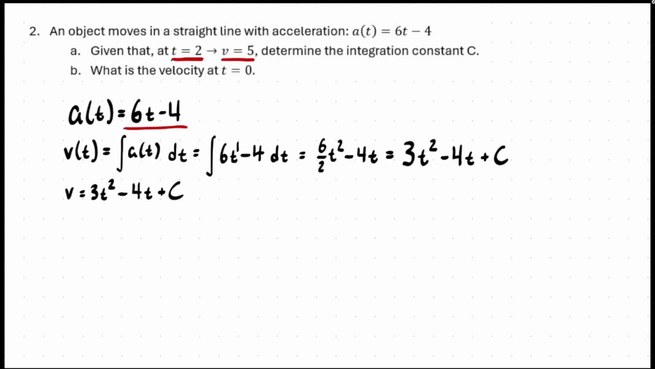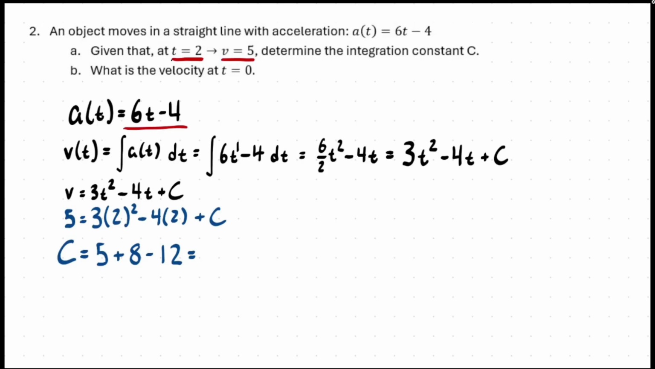So we know that v equals 5 here. I'll make that in blue. And that equals 3 times 2 squared minus 4 times 2 plus c. Now we can just use our algebra skills here to solve for c. So I'm going to move these two other terms to the other side. So c is going to be equal to 5 plus 8 minus 12. And then from here, we can get that c is equal to,